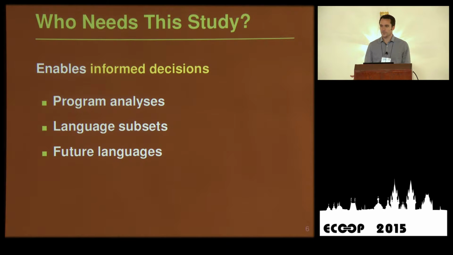It's also interesting for people who work on language subsets. At ECOOP, there are a couple of talks on subsets of JavaScript. An important question is, of course, which parts of JavaScript do you include and which parts do you forbid? And you want to know if you forbid a particular feature, for example, some kinds of type coercions, how much real code would you break by doing that? And finally, it's interesting for designers of future languages, because in every language, at some point, you have to decide whether you want to have type coercions or not. Since JavaScript makes this extreme decision to have lots of type coercions, it's a good candidate to look at to decide which ones you probably want to have and which ones you may not want to have.